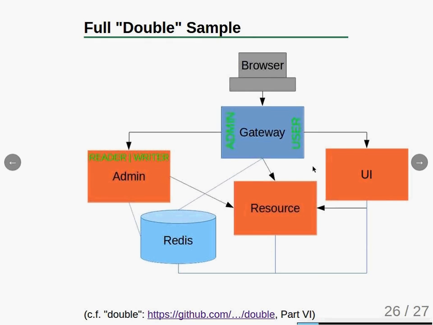So I started work on this. There's some code in GitHub already. And the idea behind that was you have a gateway which isn't as dumb or basic as the one I just showed you. It actually has some HTML in it, so it has the login form in it, so you can log in through the gateway. And then it has its really basic navigation. So the navigation tells the user that he has available a UI application, or maybe more than one UI application. So this one has a UI application which is for users in green there, and another one, an admin application,